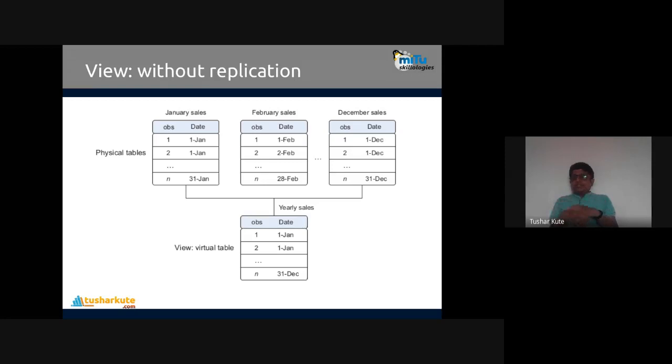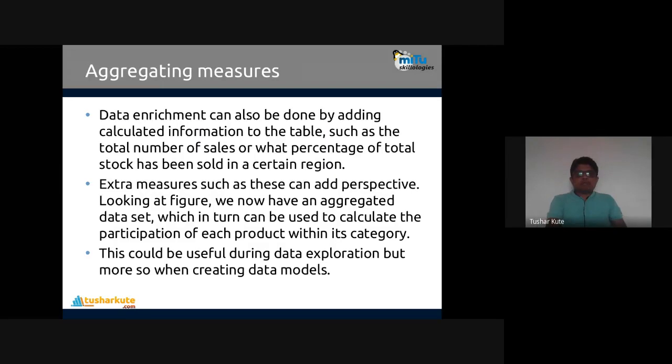Then I can use that data for performing data analytics operations, data modeling operations, or any kind of transformation or anything else that you want to do afterwards. But this is how we can do it. A view, without replication, does it. Take the data from different sources which are of the same type, combine it, and then we can use it further. Yeah, this is the combining operation.